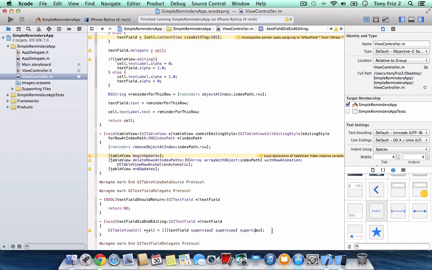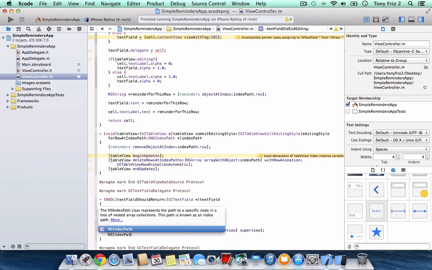Just know that you can take any subview that you add to a cell's content view and call superview on it 3 times, and you will get back to the original cell in which all of these subviews exist. Okay, so now we have a pointer to the cell that this text field is sitting inside of. This way we can figure out the corresponding index path. So next, NSIndexPath